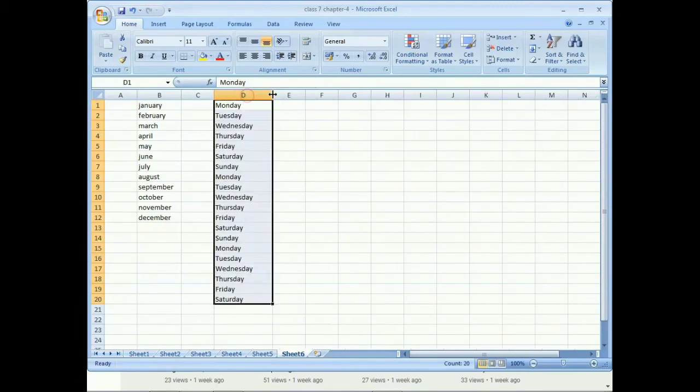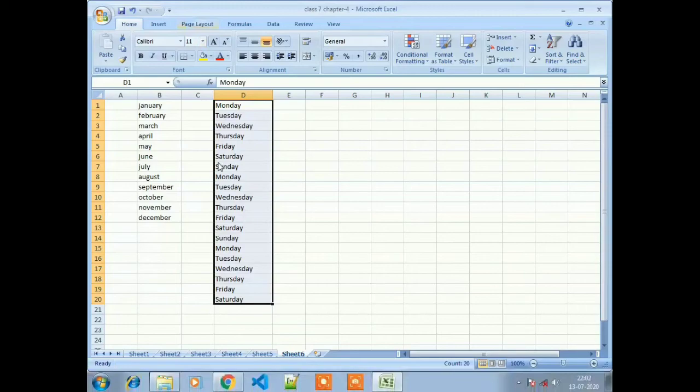Now see, the data is autofilled here: Tuesday, Wednesday, Thursday, Friday, Saturday and Sunday. Again the day has changed according to the series, like Monday, Tuesday, Wednesday and so on. So this is a feature of autofill. Using the autofill feature we can copy the cell contents.